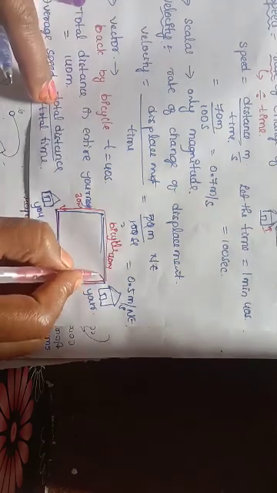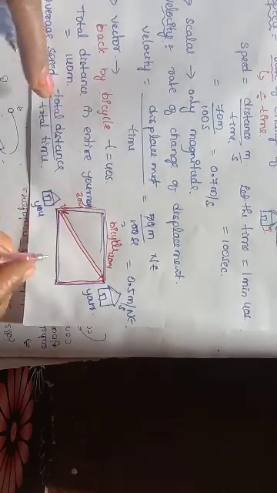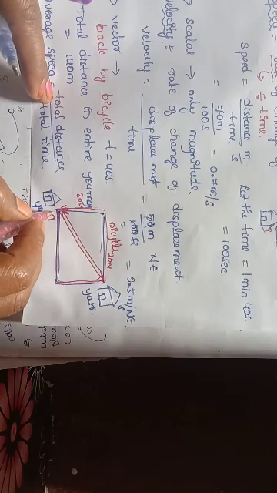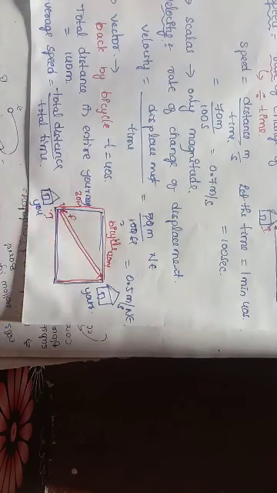So what is your average speed? 1 meter per second. Now, what is average displacement? Displacement is nothing but the shortest distance. You went like this and you are coming back like this, right? So your initial and final positions are the same. So what is the displacement here? Displacement is zero, because you are going from one point and again coming to the same point.